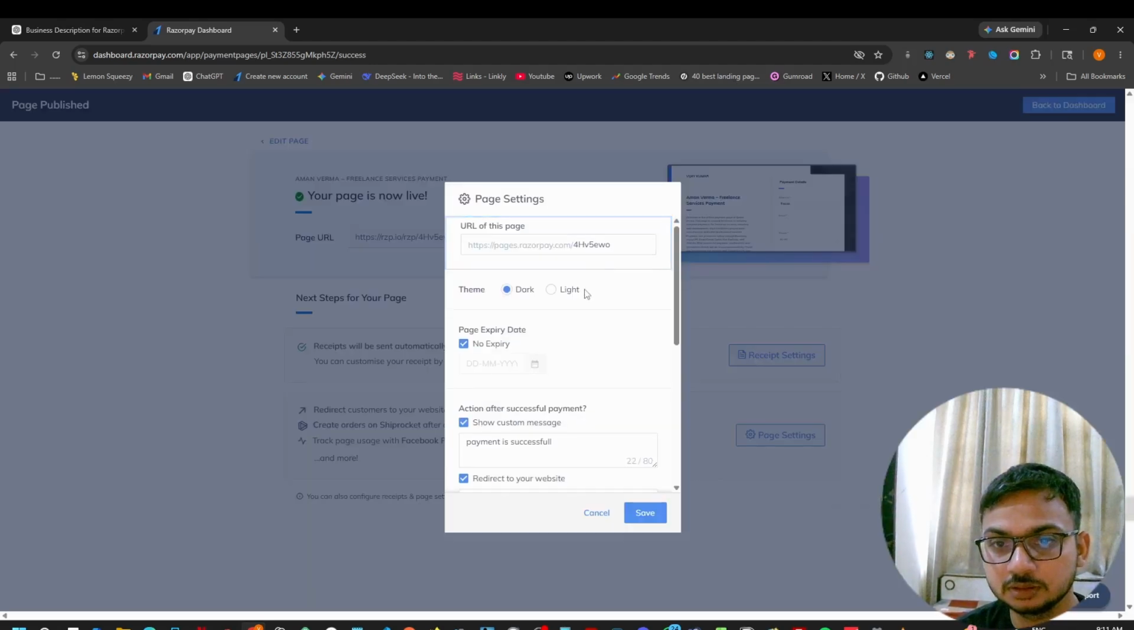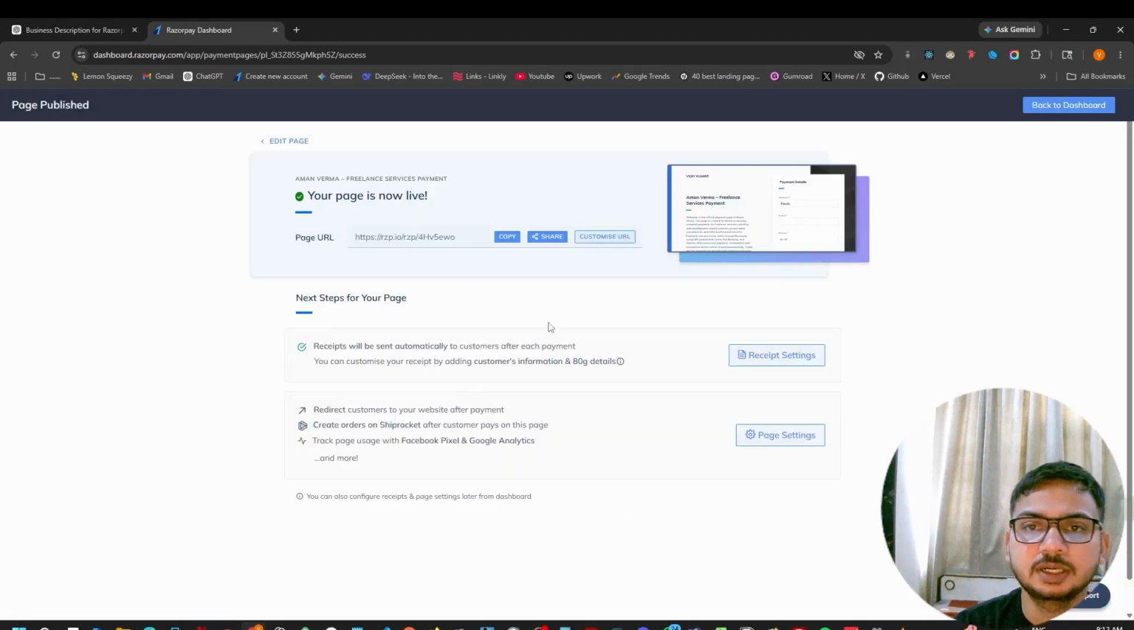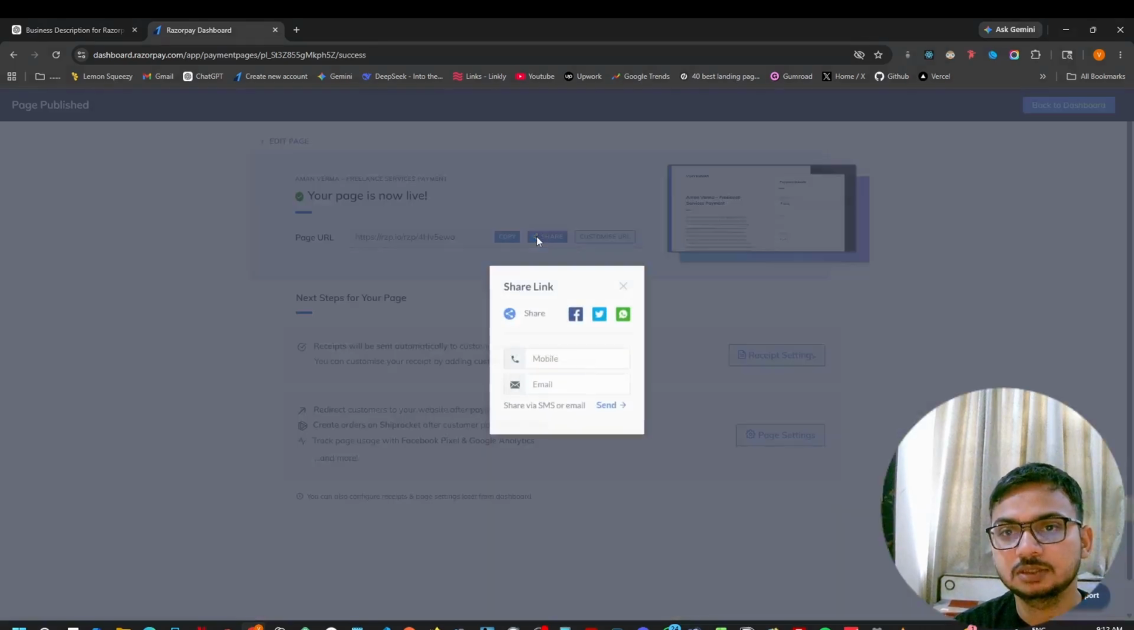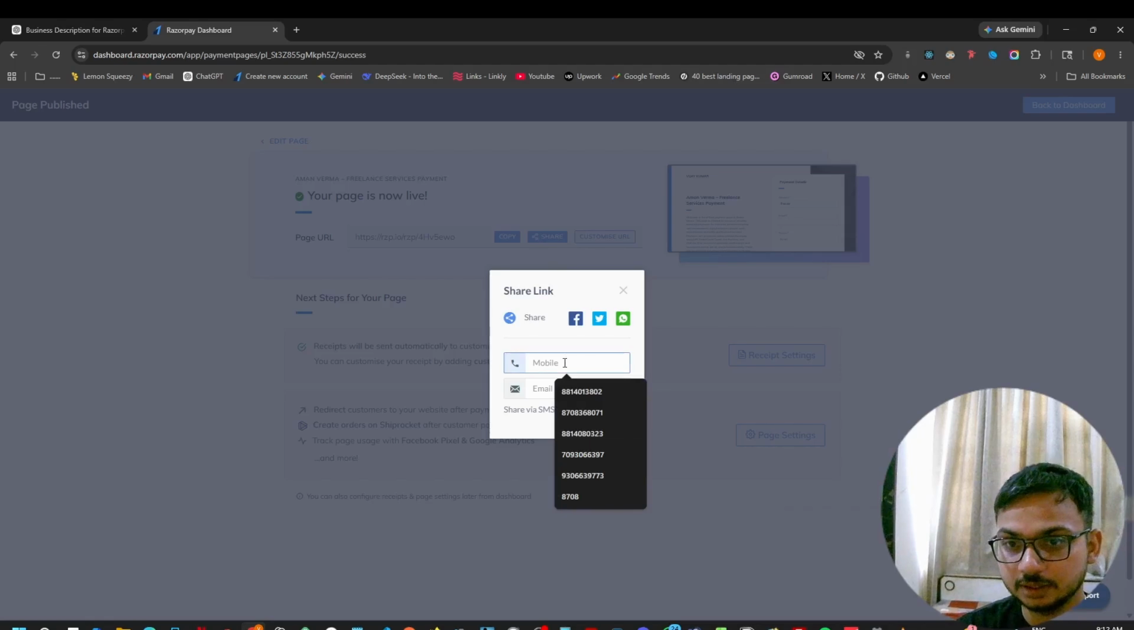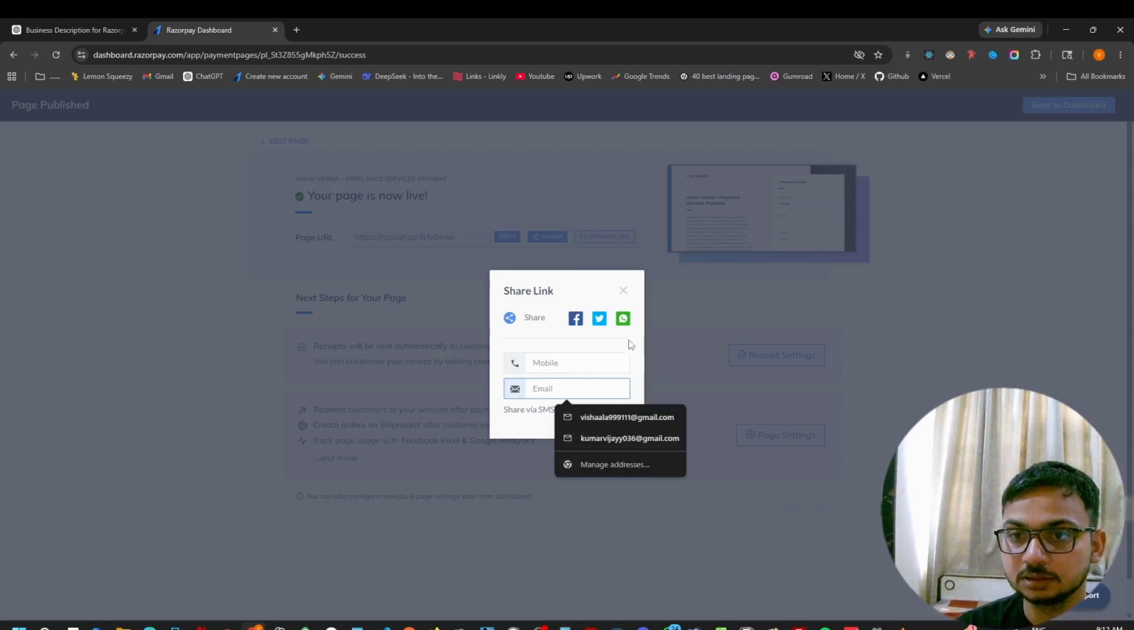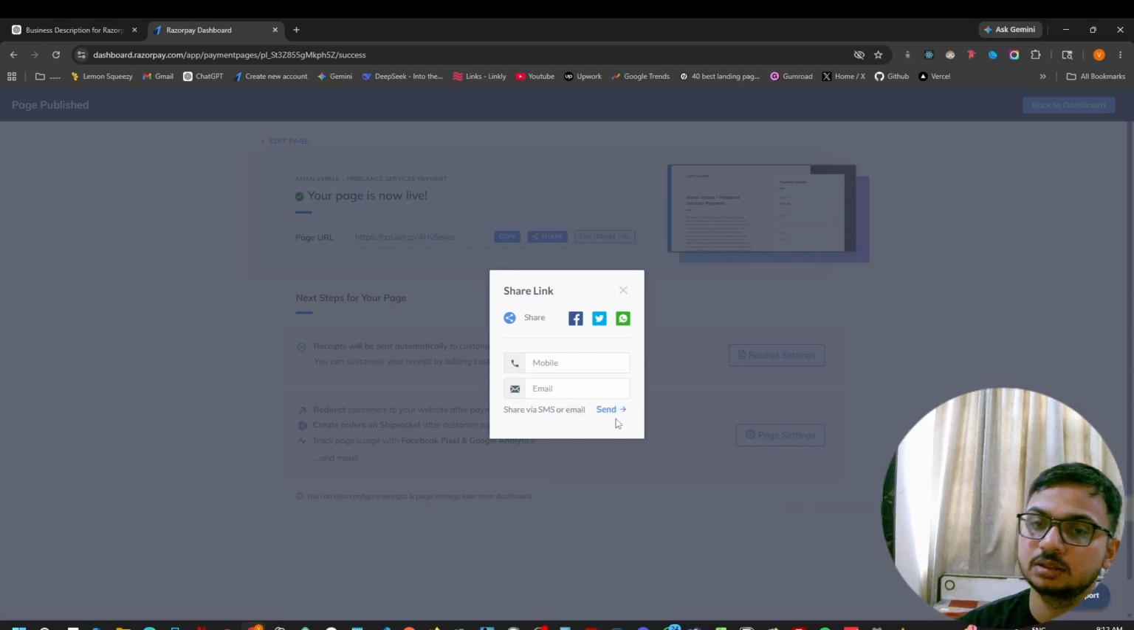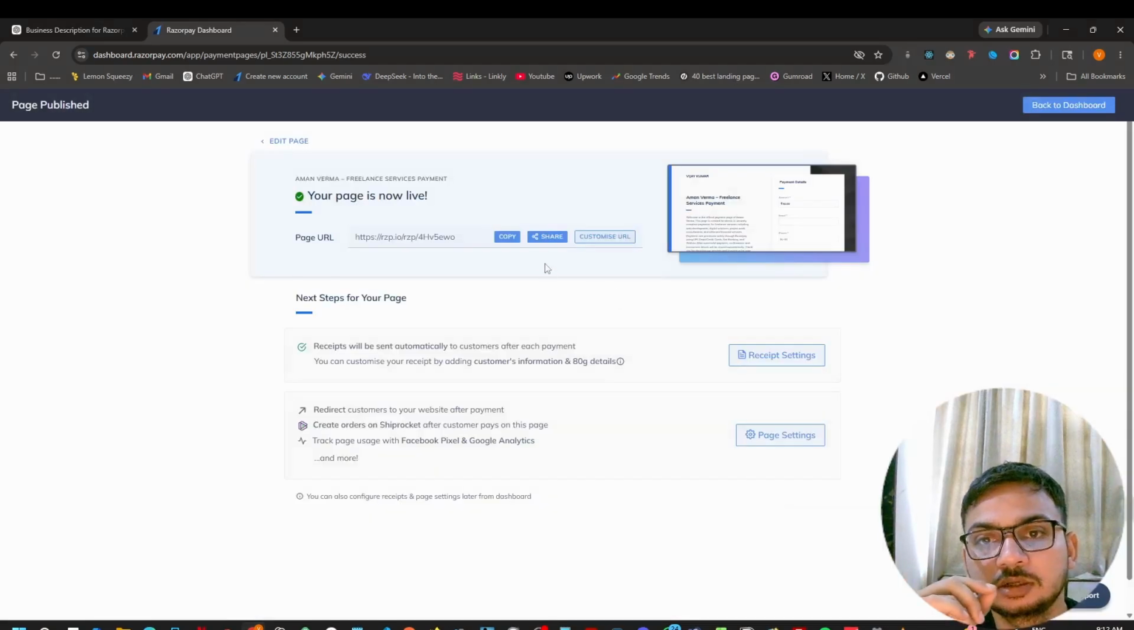Okay, so you can customize your URL here. We will not do this here. And suppose we want to share, you can enter the mobile number and enter the email and click on this, and this specific Razorpay link will be sent to your user email or mobile number. Okay, suppose you want to test the payment, we click copy